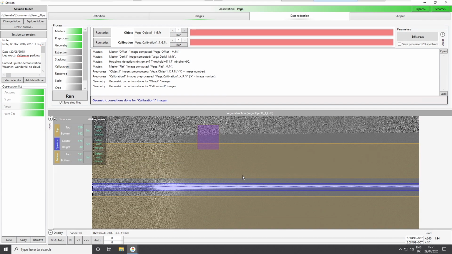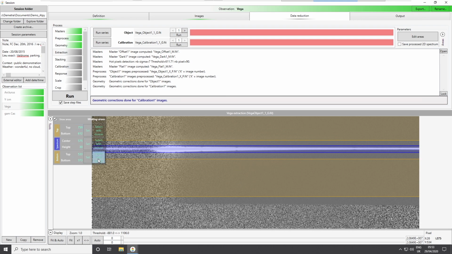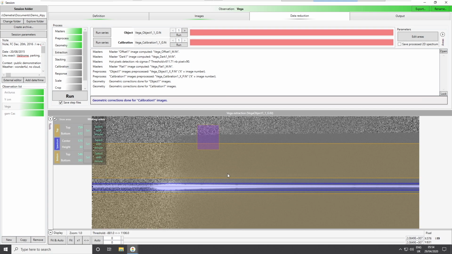Okay, and also you have to make sure that there is no bad pixel or something like that on another spectrum. For instance, it can happen. In this case you may have to change the yellow band. Okay, by the way, you can remove the displaying of these bands if you want to really see the image, and well, that's it.